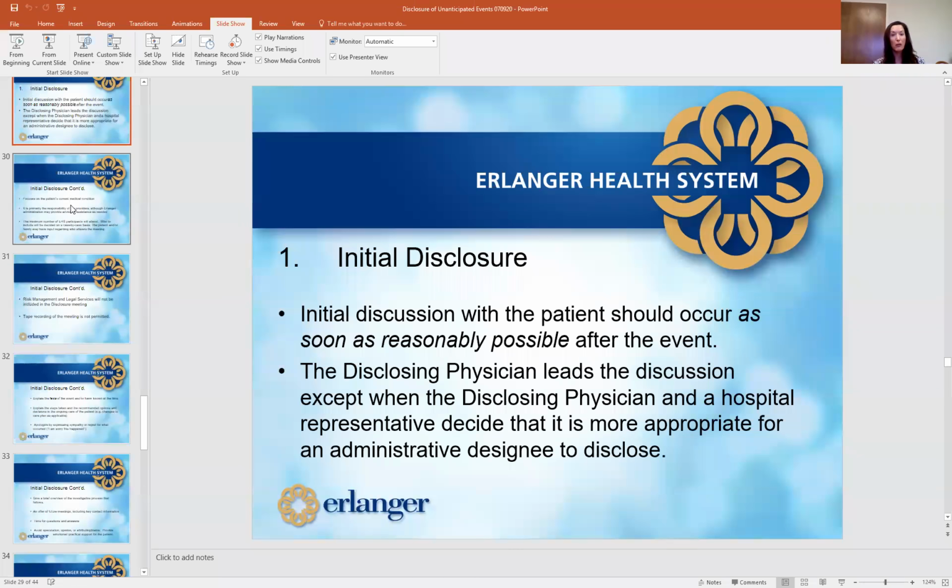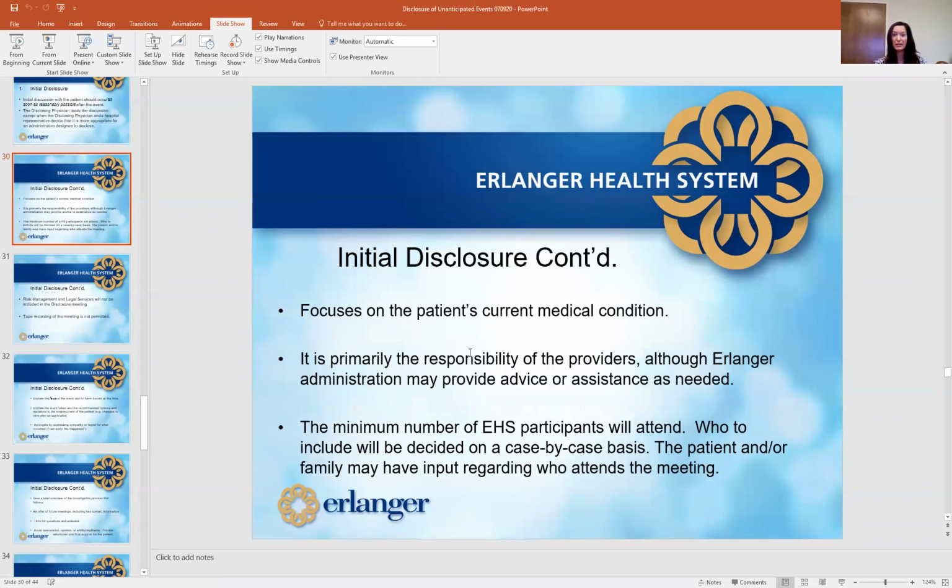Well, then what do we do now? Well, a physician's going to be able to say, here's our treatment course. Here's what we're going to do from a treatment standpoint if there's a modification in treatment because of the event, right? The physician's in a good position to do that. Risk management or administration is not.